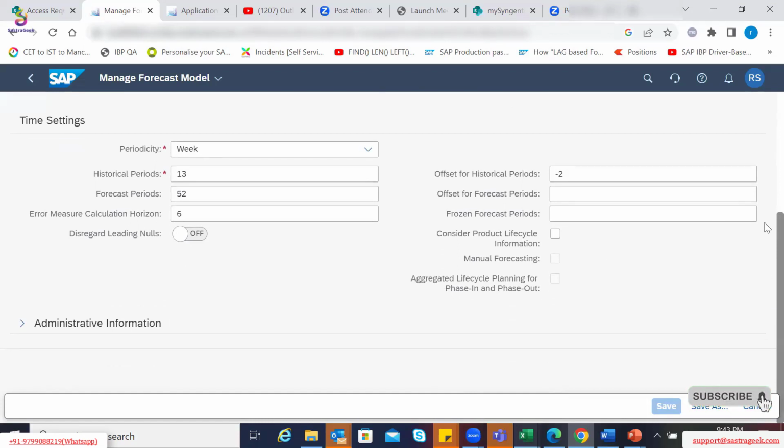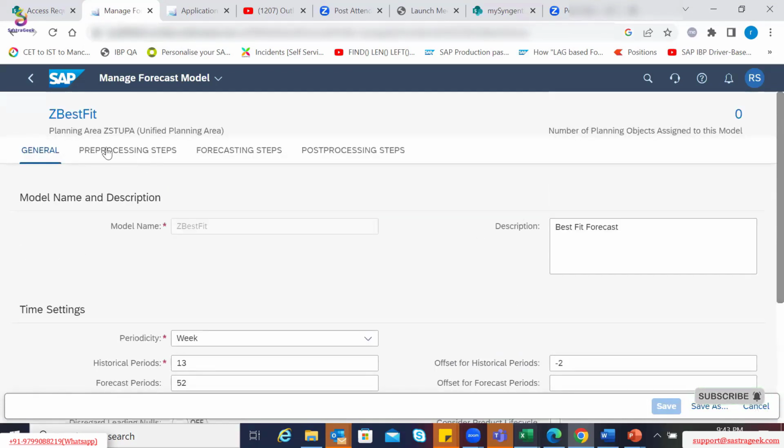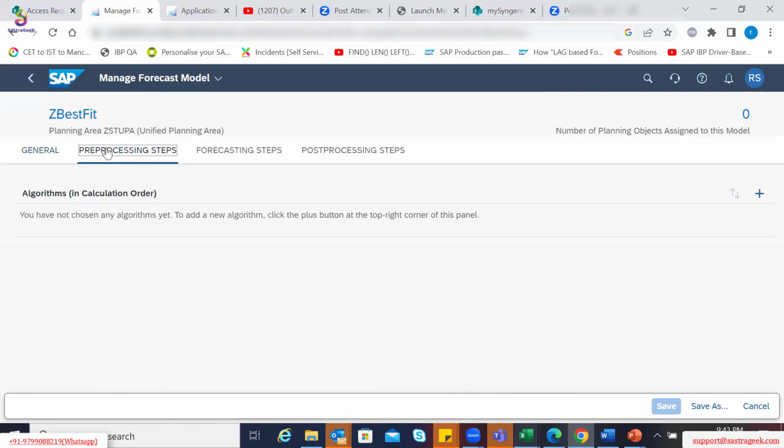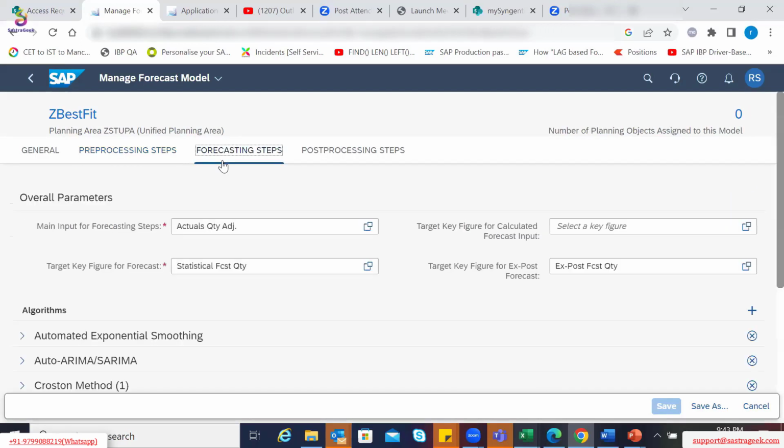If I scroll up, I'm just trying to check if there are any important parameters. Pre-processing, we will skip now because we touched base yesterday. In this example, I'm not doing any pre-processing because it was done in the previous forecast model for outliers, right? Then the next parameters to update are